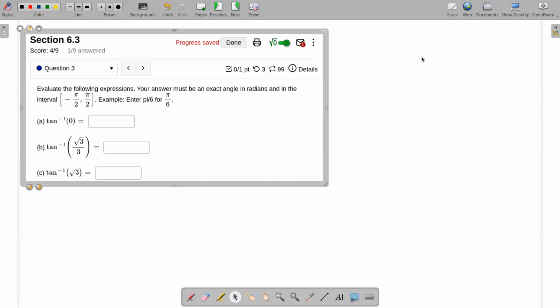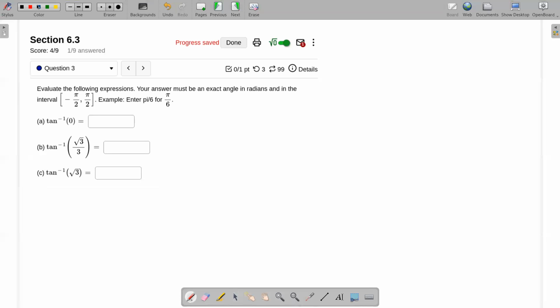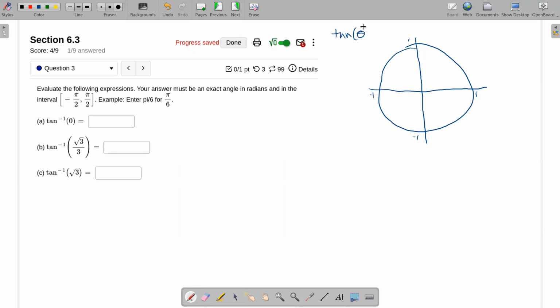So I just want to think about the unit circle for a moment. On the unit circle, we have a couple ways to think about the tangent and the arctangent. So radius of 1, and the tangent of an angle could be thought of as the slope of the radius, which is the y value over the x value of any particular point. And then we have our special angles of